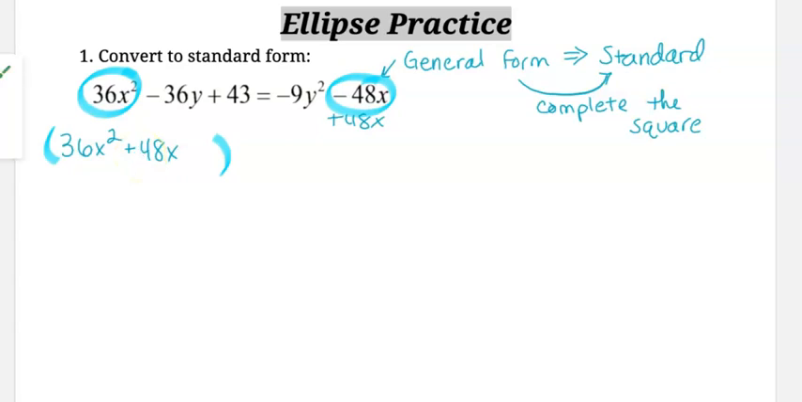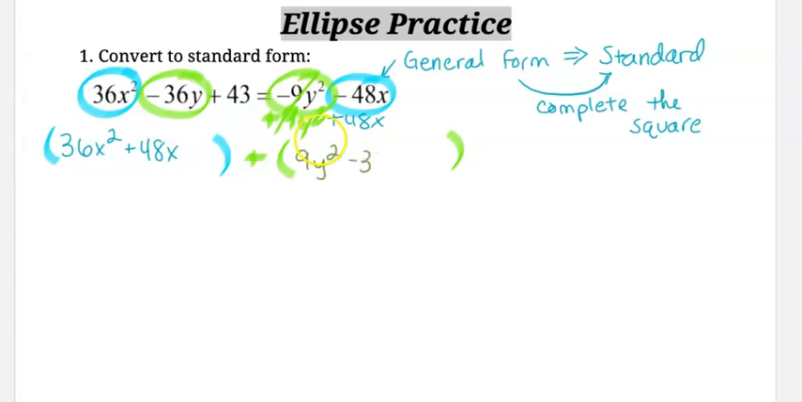And then I have my y values, which I'm going to rearrange by adding the 9y squared over. So I'm going to have a second set of parentheses. So that's going to give me 9y squared minus 36y. And then the 43, I'm going to move to the other side, so I'm going to subtract that. All right, so now that I have everything all organized,